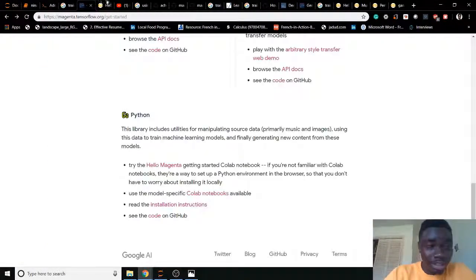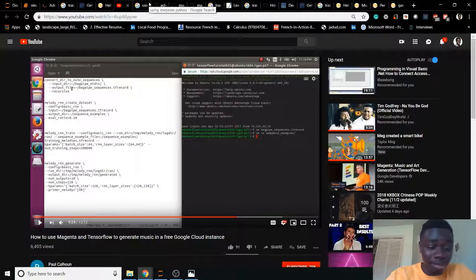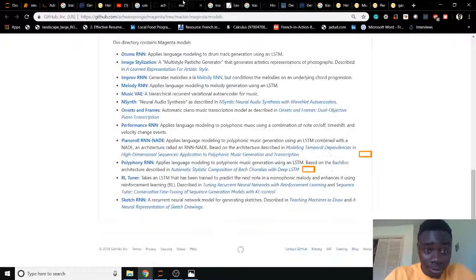Just keep up with learning. I always try to store them as bookmarks whenever I'm done, but before I'm done, I never close tabs. I have lots of tabs working on how to use Magenta and all that. Do a lot of reading, yeah,